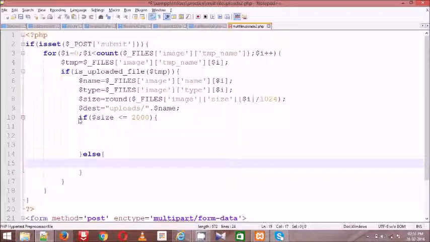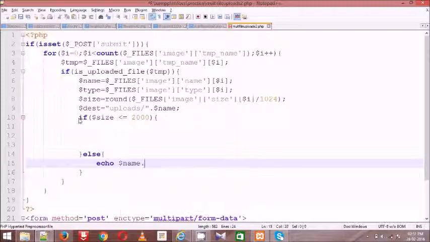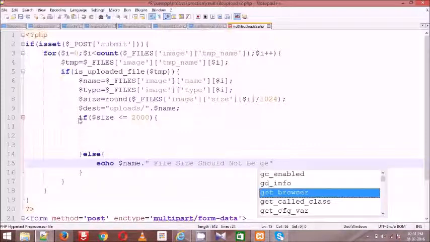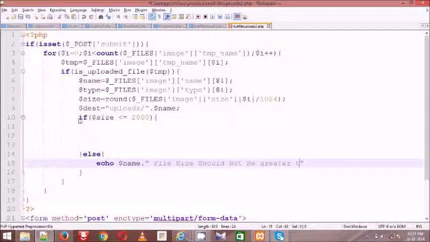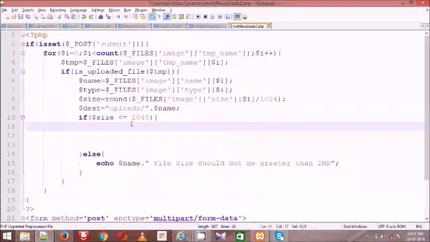But if it is not less than that, I am giving a message: dollar size, dollar name, file size should not be greater than 2 MB. So when coming to the correct calculation, I need to give here 48. So first I am checking the size. When it is less than 2 MB, okay, it's fine. When it is greater than 2 MB, I have given a simple error.